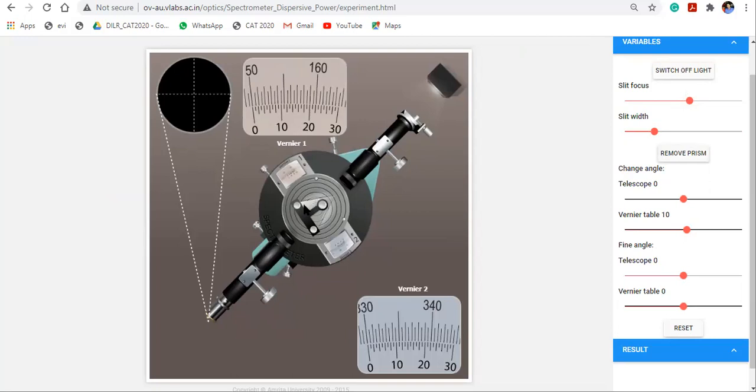By default, it places such that two plane surfaces of prism facing towards the collimator and rough surface facing toward the telescope. So this is the position where you can find the angle of prism.